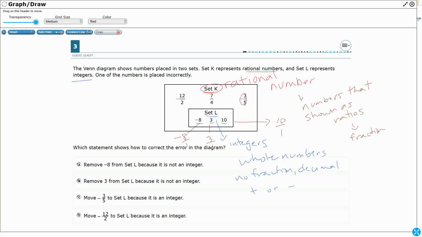What about 7/4? Well, 7/4 is really 1 and 3/4. So it's still a mixed number. Doesn't really help us, and we can't turn that into an integer. But look at this one right here. Negative 12 halves. Okay, so if we divide up, you can always turn your fraction into a decimal by dividing. 2 goes into 12 6 times evenly. So it's going to end up being negative 6, which means, yes, it is a rational number, but its correct